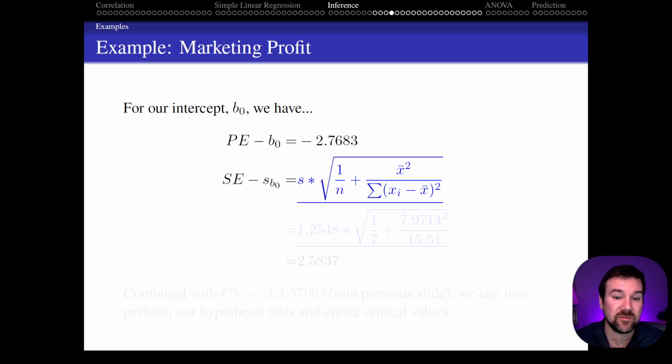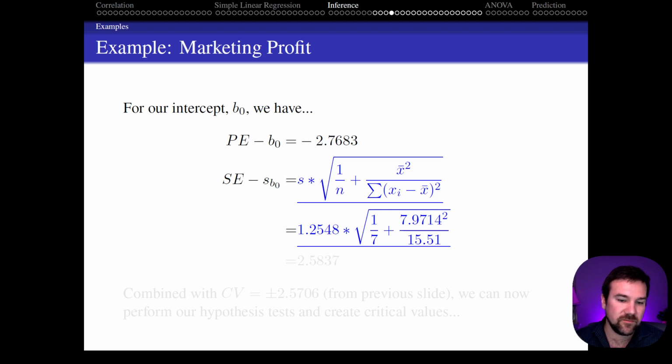This is going to be that starting place: S times the square root of 1 over n plus x bar squared over the sum of x minus x bar quantity squared. So plugging in my numbers from the previous slide, I plug in 1.2548 for S, 7 for n, 7.9714 for x bar, which is the mean of all the x values, and 15.51 for the sum of x minus x bar quantity squared, and sum all that up. Hitting enter on my calculator, I get S sub b sub 0, or the standard error of b0, is